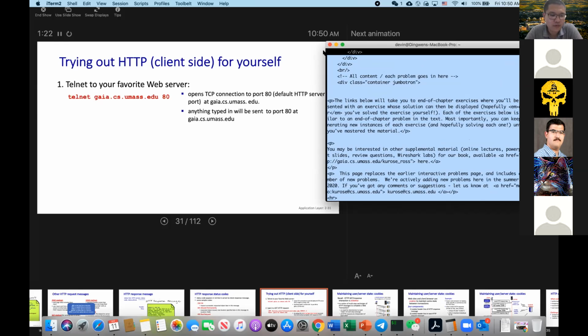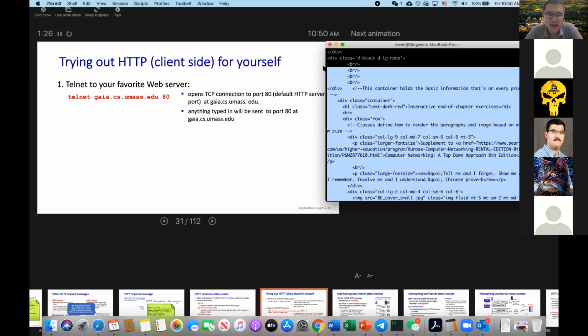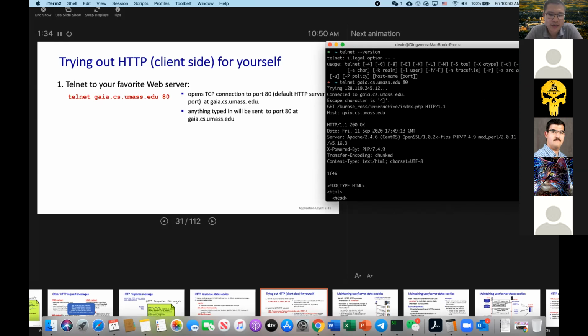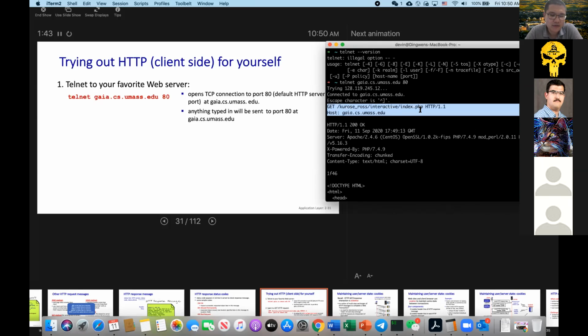I don't think today we will have time to describe the HTTP response, but you can use Telnet to quickly establish the connection with the HTTP server, and use GET to get the contents from that server, and it returns some HTML files back to you.